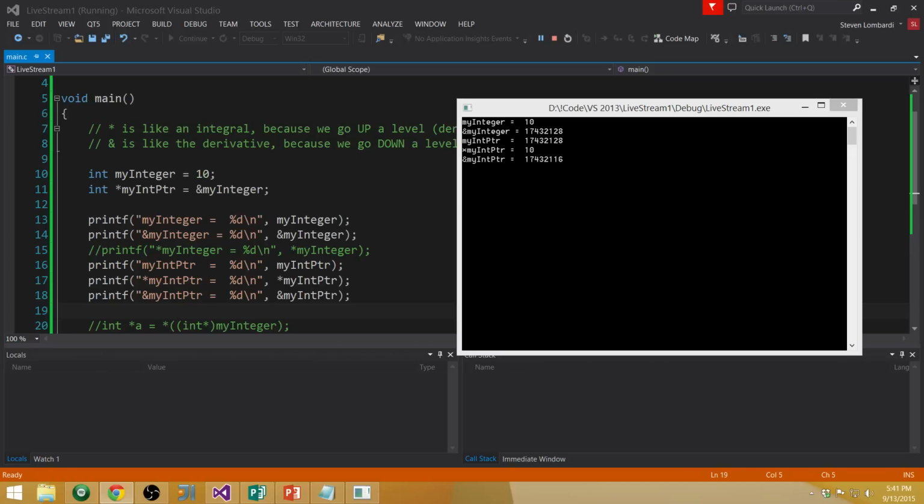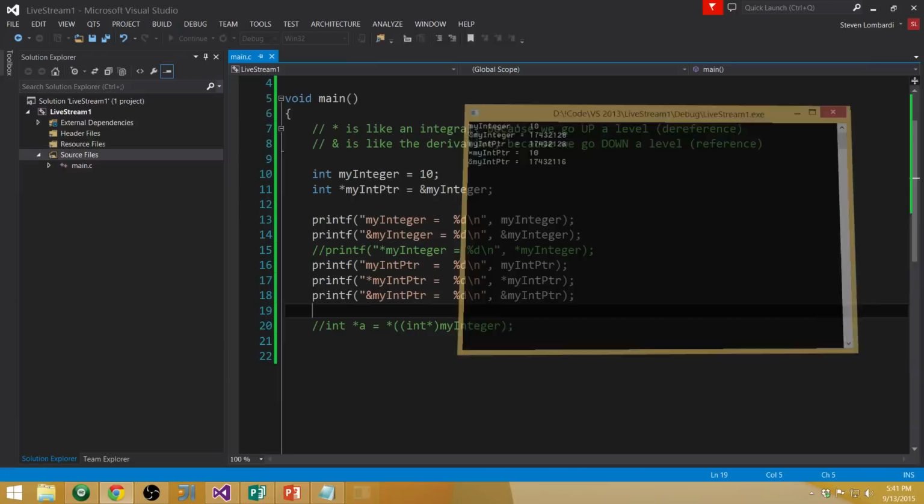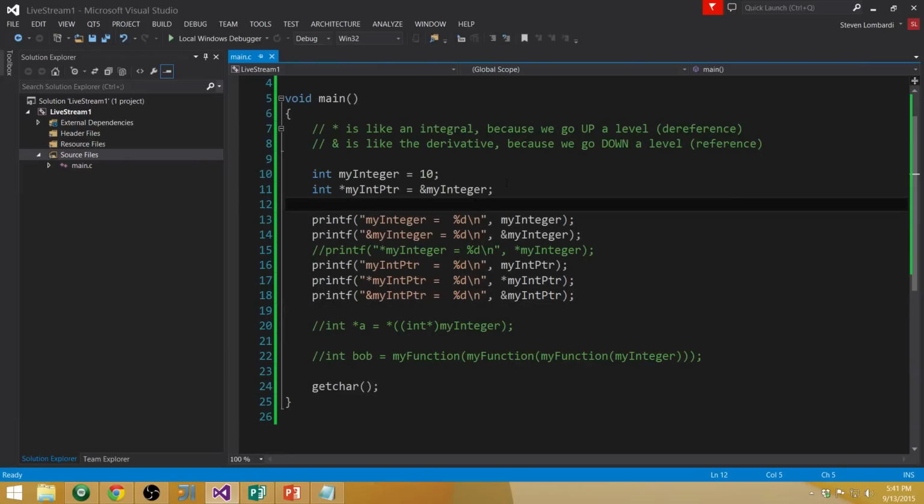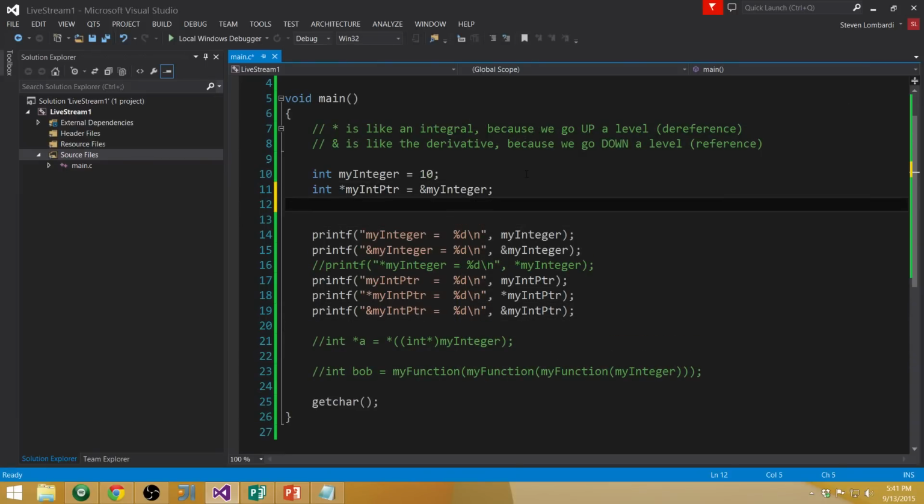All right, question from Nick Martinez. With respect to an array X, is a pointer equal to the address of X equivalent to a pointer equal to X? All right, very, very interesting. Okay, let's now bring in the idea of arrays. So now let's experiment with an array. If I have an array,